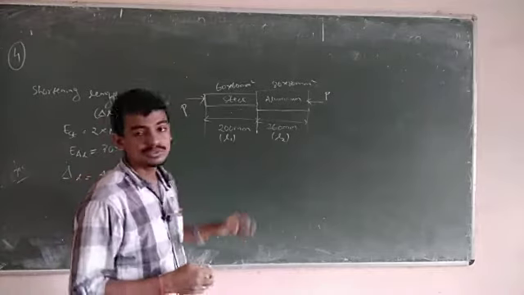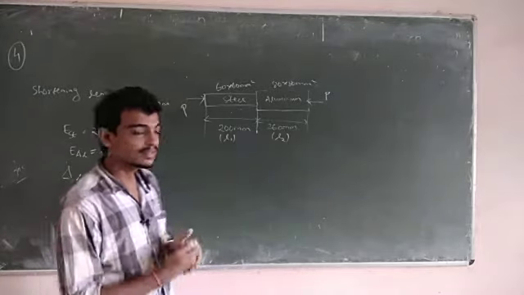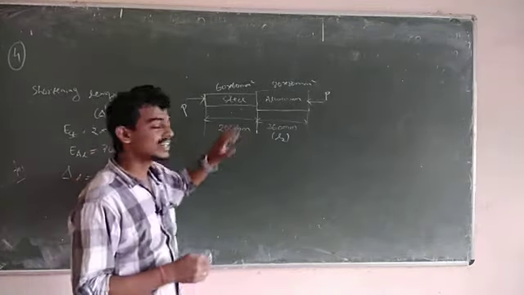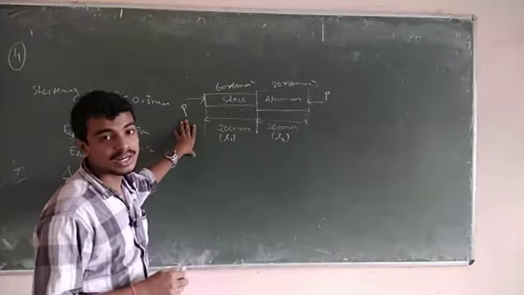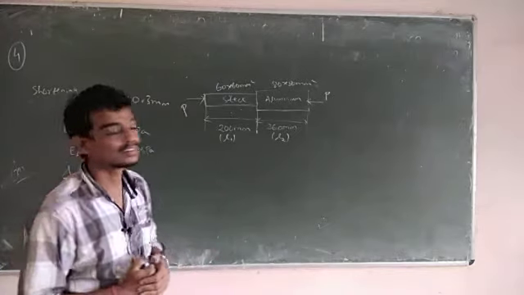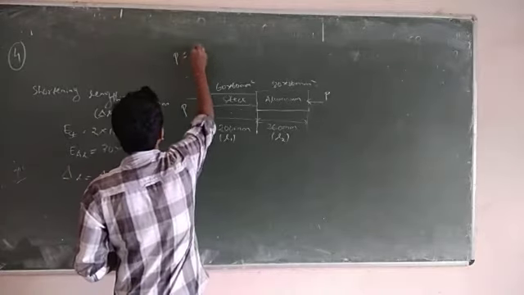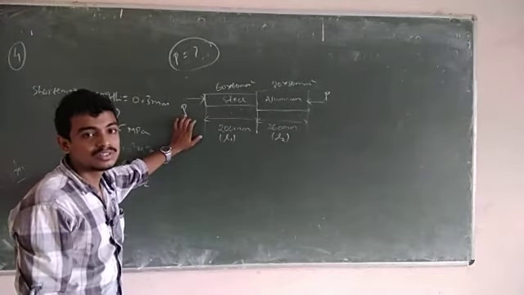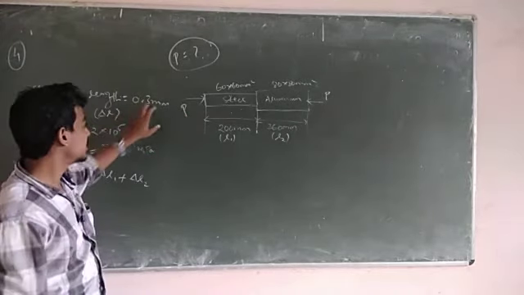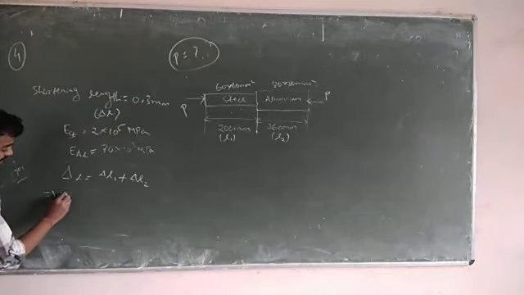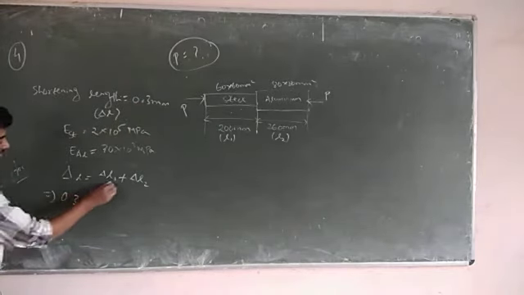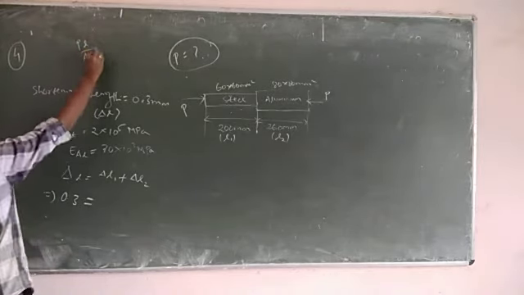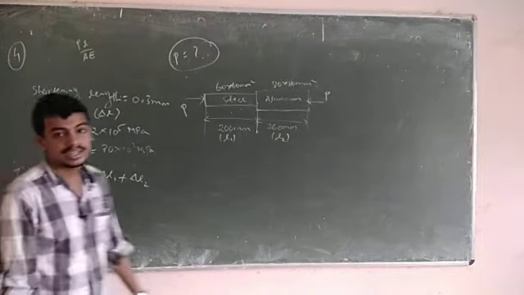For delta L1, you know the formula PL by AE. So in this question, what is asked? All the data are given, only the P value is not given. You have to calculate the compressive load. What is our P value? How to calculate? The 0.3 mm is given, the total elongation, that is 0.3. The formula for delta L you already know. Whatever the elongation or contraction, that formula will remain the same, that is PL by AE.